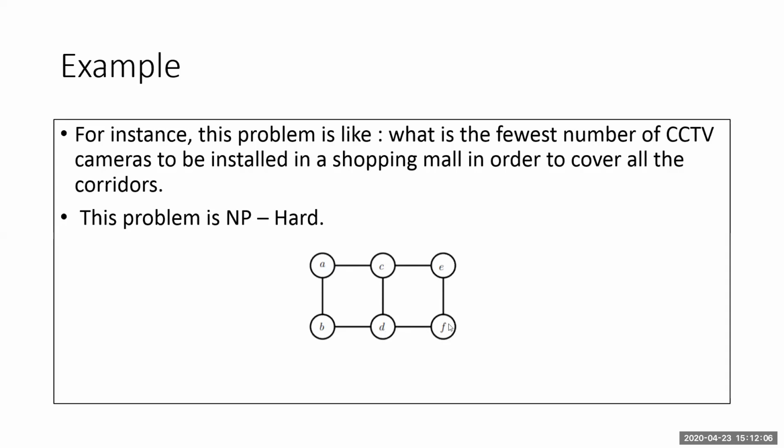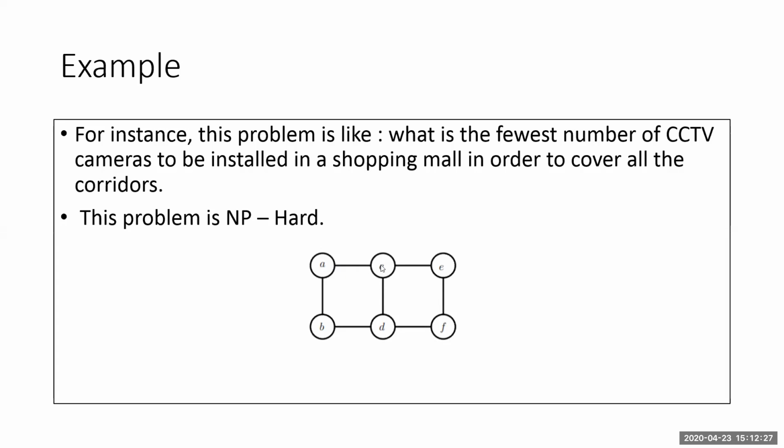Okay, so the regions which can be covered will be mentioned in the form of the edges. F can cover E and D because F is connected to E and D. And this problem is NP hard. Why is it NP hard? Because see, this is a simple example through which we can easily identify and give the answer that